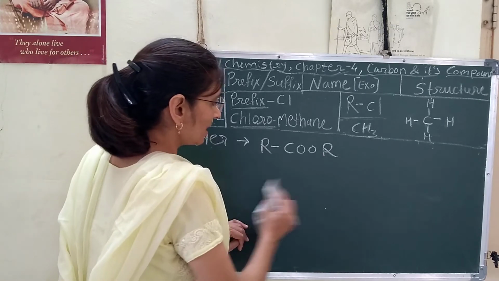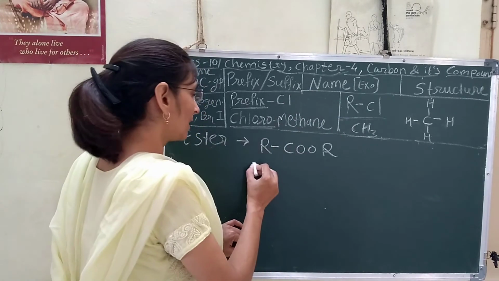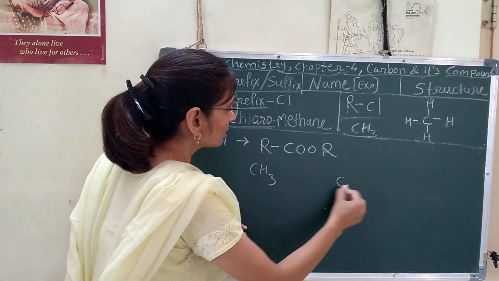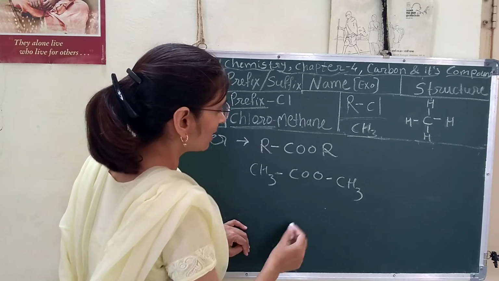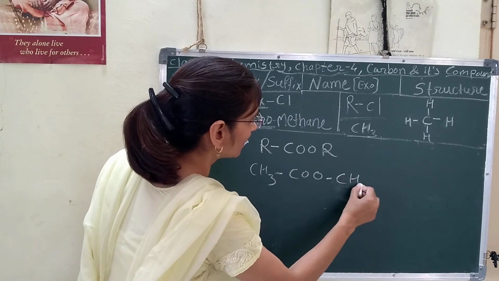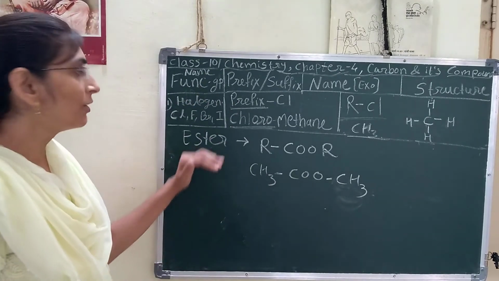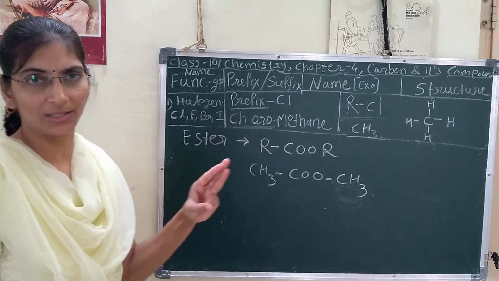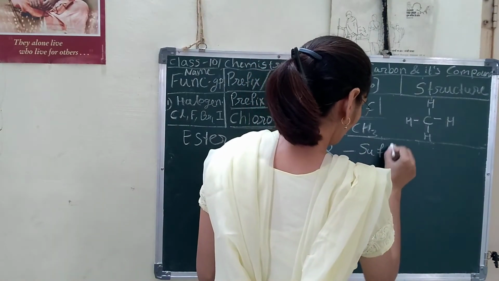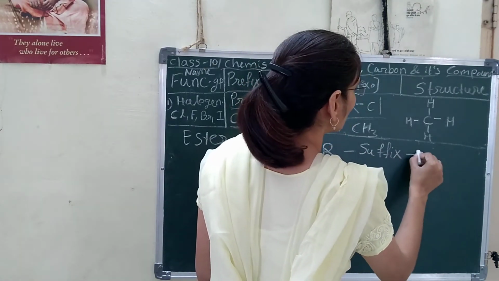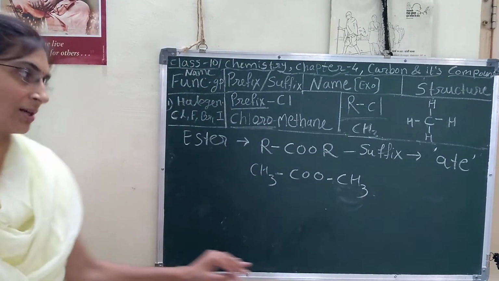Means how many minimum carbon atoms must be there if we are taking the first member of the alkyl group, that is CH3. Again here also CH3 if I take, then COO must be here. So how many total carbon atoms minimum? 1, 2 and 3. Means the series will start from minimum 3 carbon atoms here. Okay? Like the ketone. And what is the suffix? Suffix is ATE. This is the suffix for the ester.